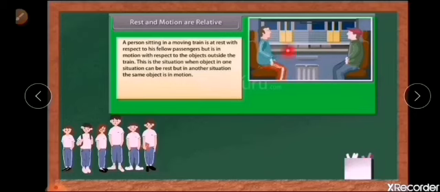Right? Now for both the persons, a third person who is going to see from the platform, they are moving with the train. So inside the train, with one another, they are at rest. But for a third person, looking from outside at the moving train, he feels that these two persons are moving along with the train. That is, rest and motion are related with each other. So you can take so many examples like that.